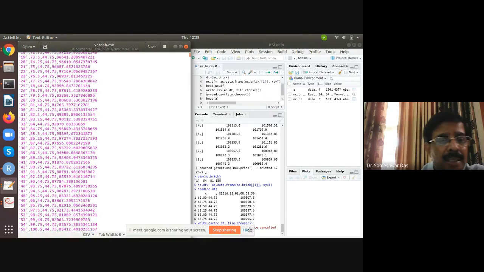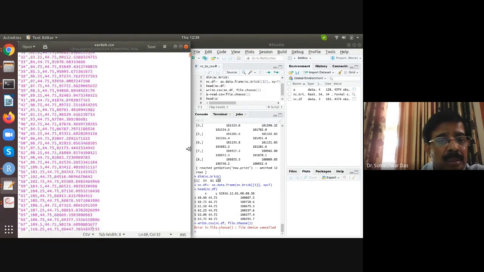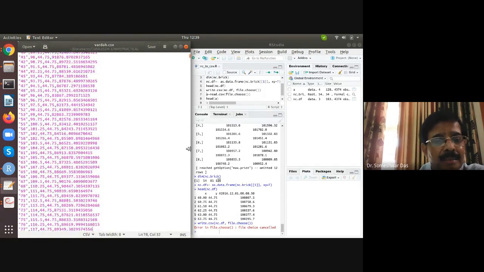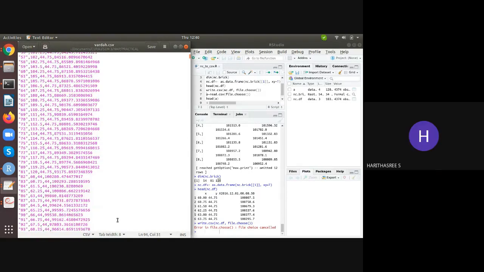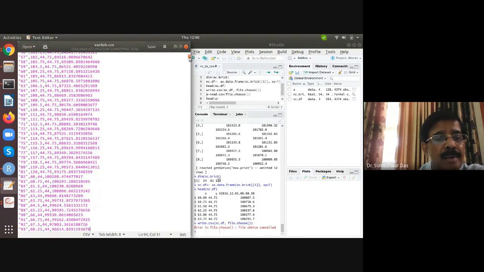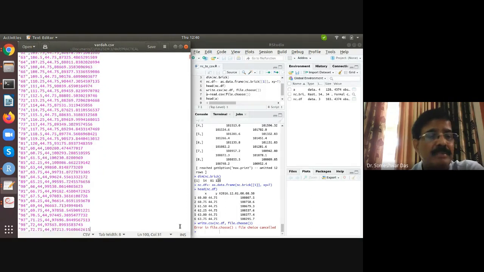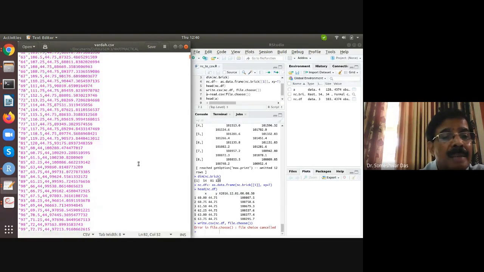So 99, 100, scroll down further. 101, 102. Big data. You don't need such a big data. 117. Further down. So there are lots. Yeah. So up to 120. So from 60 to 120 east. That's what is your data. And 120 में कहाँ पे 44. Okay. So now you go to the top.